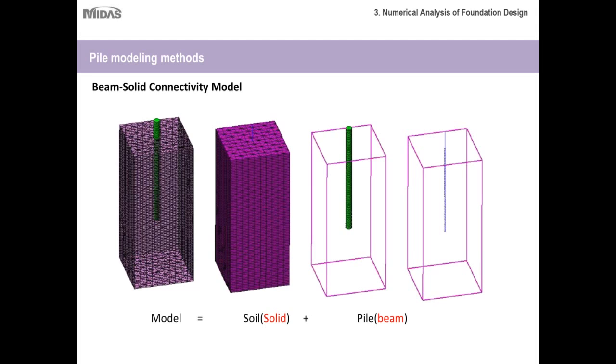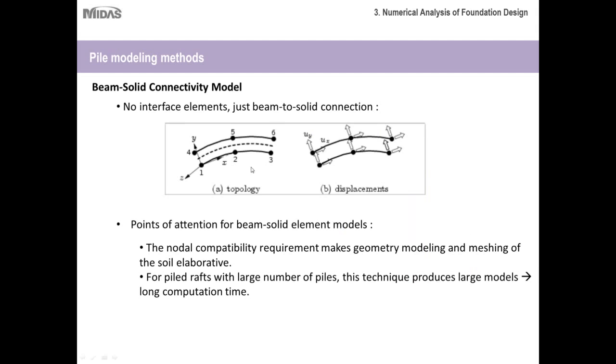Now let's see the second approach, which is the beam-solid connectivity model. Here we have the model that has the soil modeled as solid. We have a pile or beam element to model the pile, and there is no interface whatsoever. So this means that my pile member, which is modeled using a beam, is directly sharing the node with the soil strata. So between two nodes on the soil strata there is a pile member, so the relative displacement